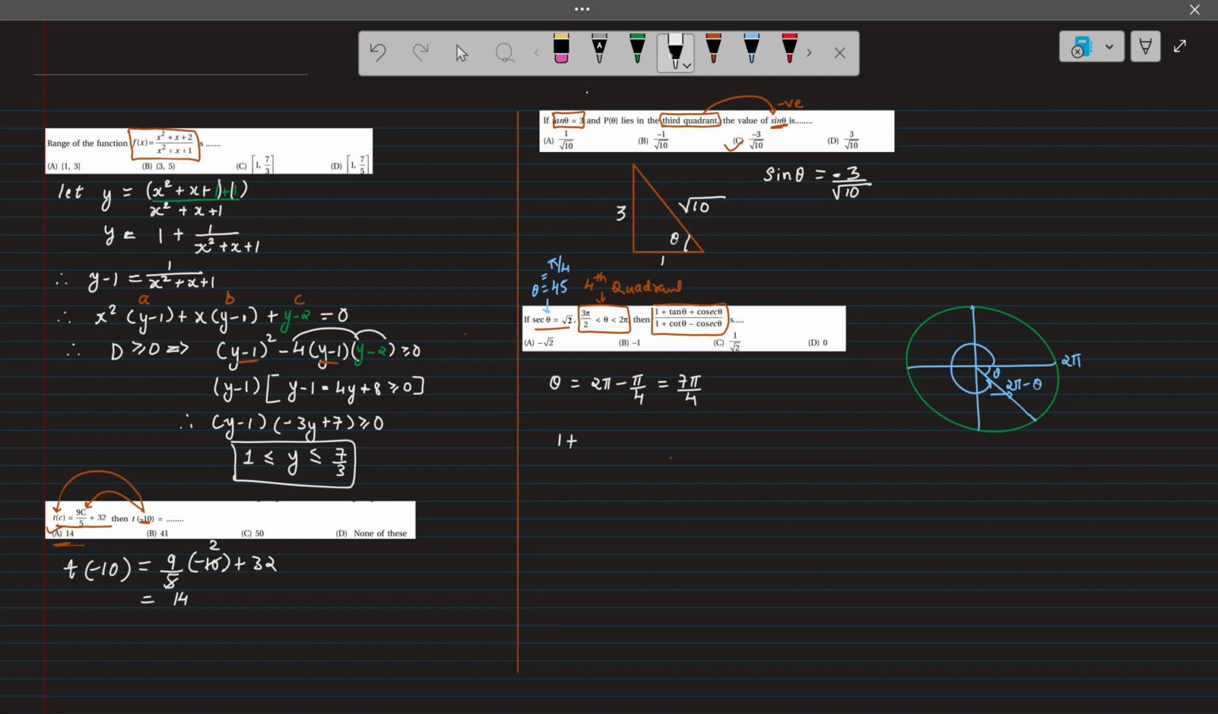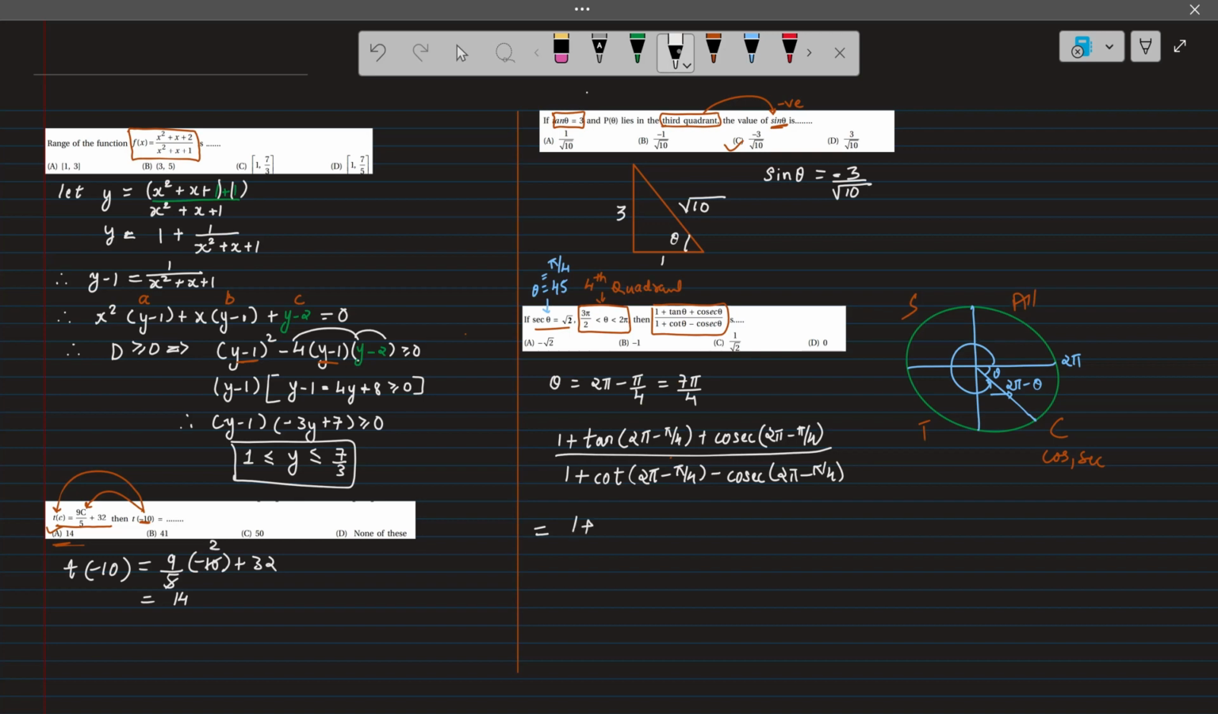So we'll substitute the value: 1 plus tan 7 pi by 4. Again we can directly write 2 pi minus pi by 4, plus cosec theta, that is cosec 7 pi by 4 or 2 pi minus pi by 4, whole upon 1 plus cot 2 pi minus pi by 4, minus cosec 2 pi minus pi by 4. In the fourth quadrant,